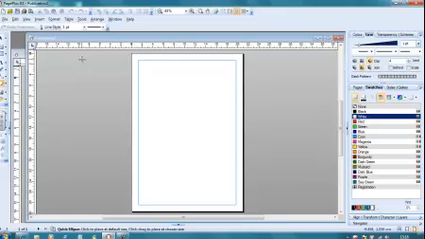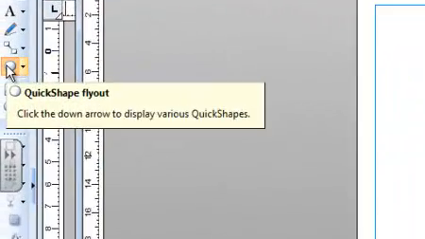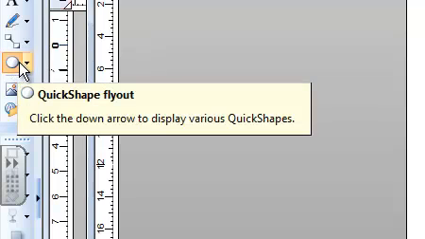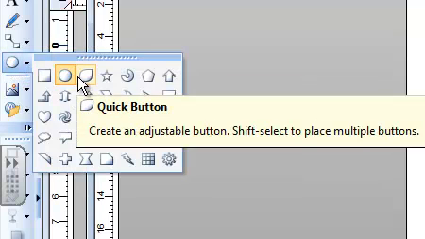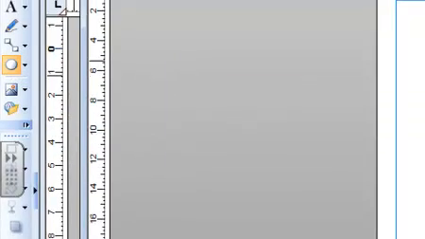So I've opened a plain page, and all I'm going to do on this is practice drawing, and I suggest that you do the same. It's perfectly possible, of course, that if we do a drawing on here, we can copy it and paste it into our brochure, rather than actually draw it within the brochure itself. So let's have a look. We've got the quick shape flyout there, and I'm going to pick that shape there, right? If I just draw a shape